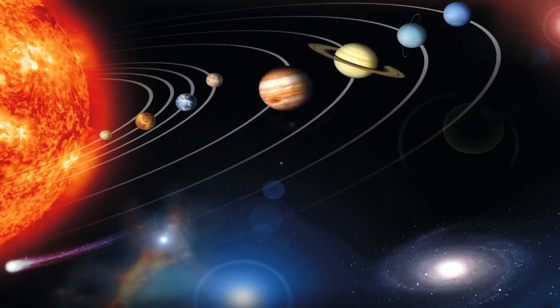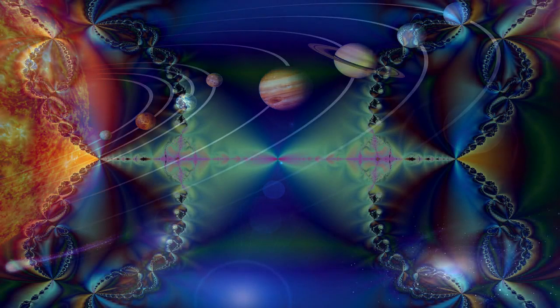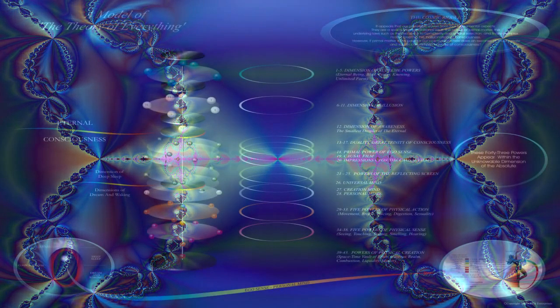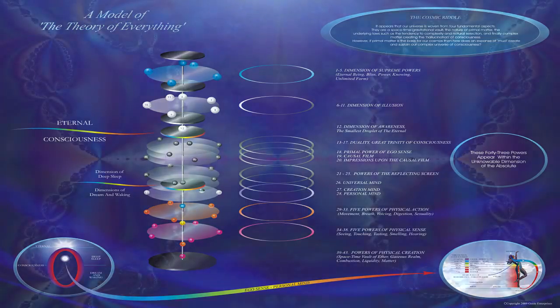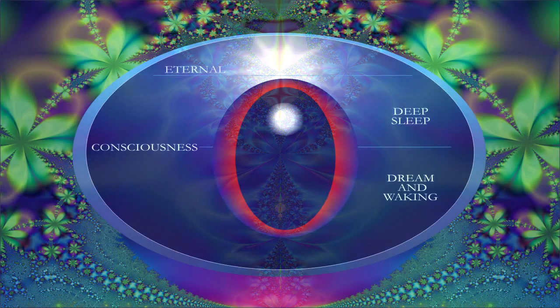We have the source for the Fibonacci structure for our solar system, revealed to be a power turbine of matter consciousness. We have the theory of everything, a construct of 43 powers of consciousness and awareness, which create the appearance of our universe, powers described by the ancient creation models of Indian mysticism. We have the source for the octet structures for the human psyche and Western music, and we can at last describe the journey of awakening from the reflected light of the ego sense to the creating light of eternal awareness.